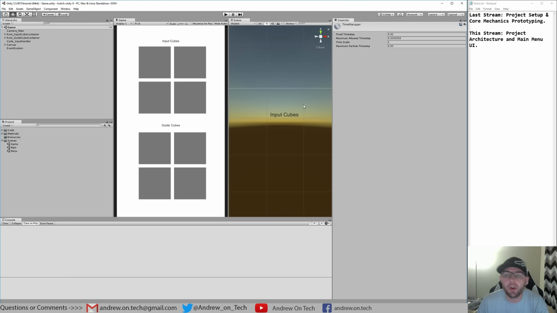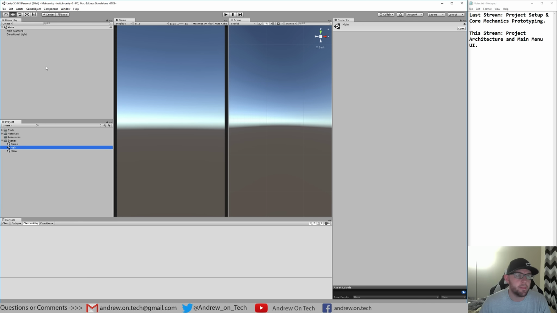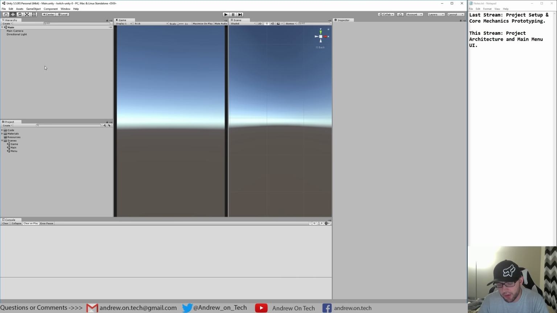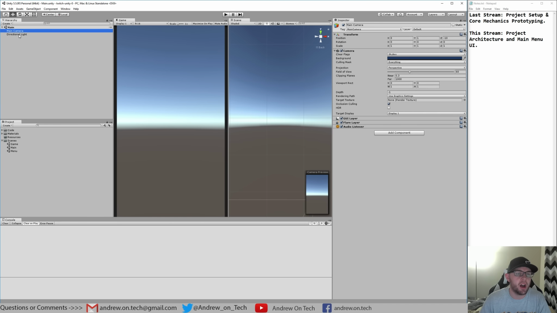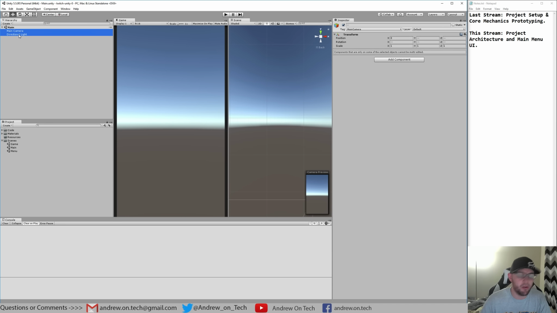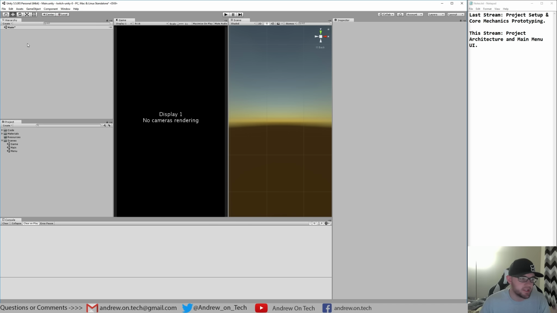Anyways, so kind of going back to what I was talking about with the scene architecture. I have this main scene, a menu scene, and the game scene. What I want to do in the main scene is create an initialization, so an app initialization method or class or however I want to define it at this point. But effectively in this scene right now, I don't want there to be anything. This scene is going to load. It's going to